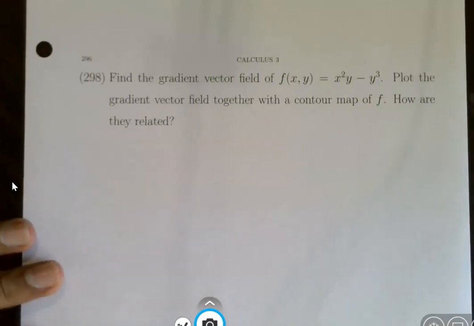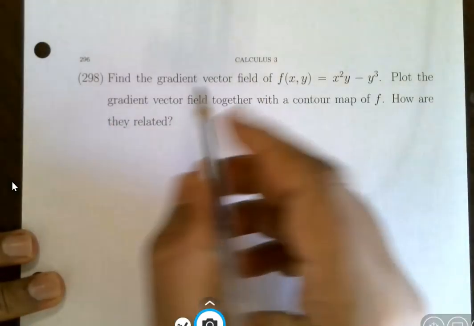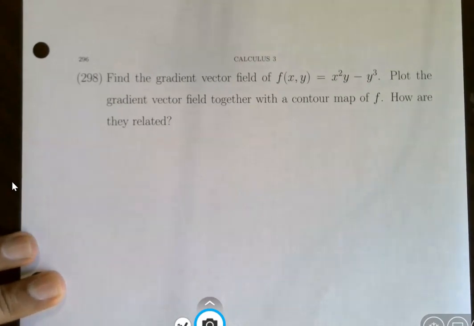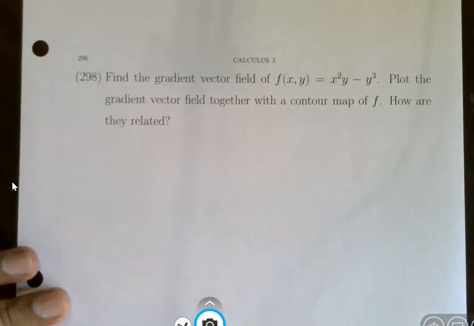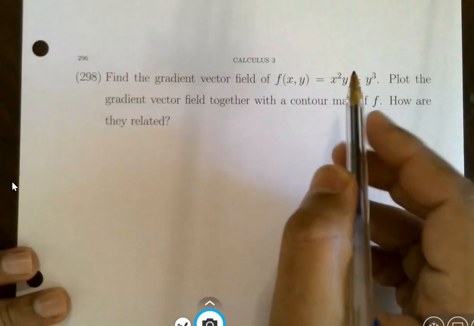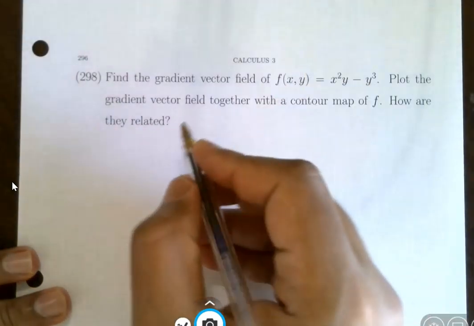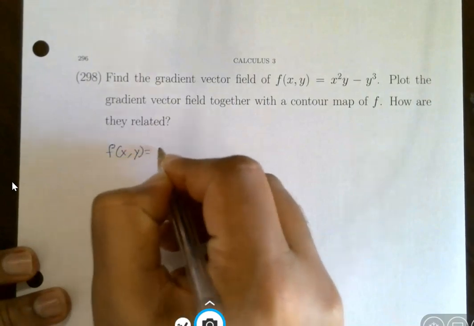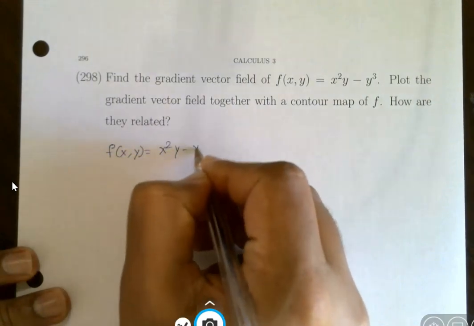So now here you want to find the gradient of this vector field. How are they related? I'm not going to plot it, and if there is any relation I can tell you. But understand that f of x, y is going to be x squared y minus y cubed.